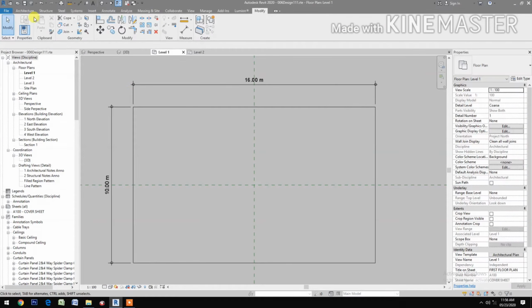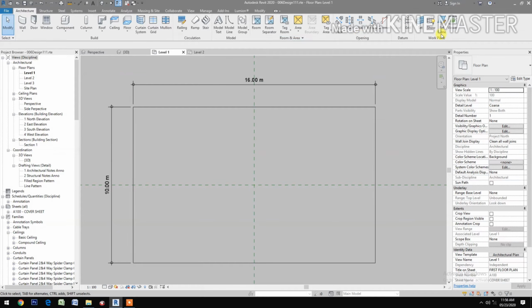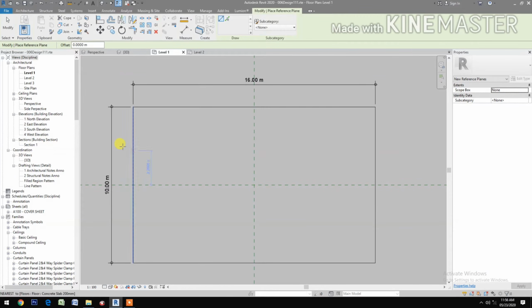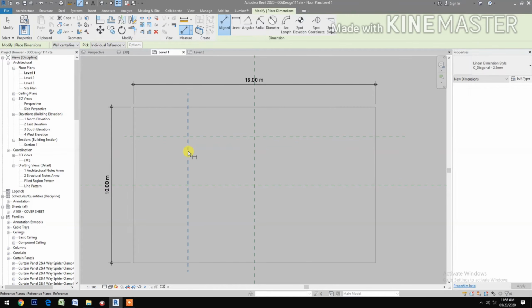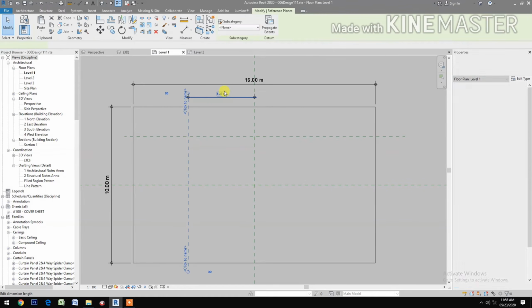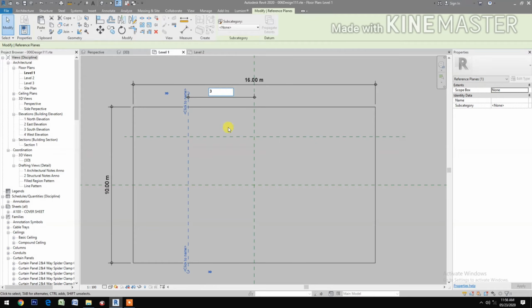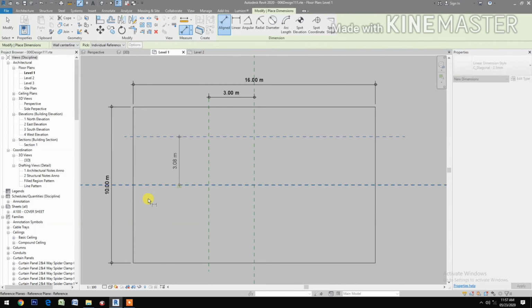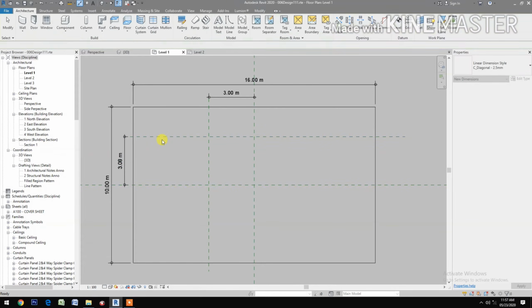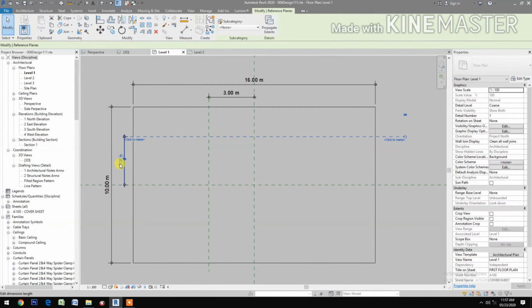Let's start. Go to architecture, reference plane, draw reference plane horizontal, draw reference plane vertical, dimension, okay, pick, select reference plane, change the dimension to 3 meters, dimension, okay, select the reference plane, change the dimension to